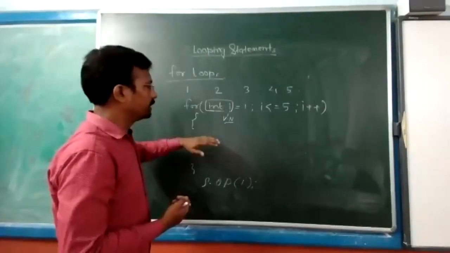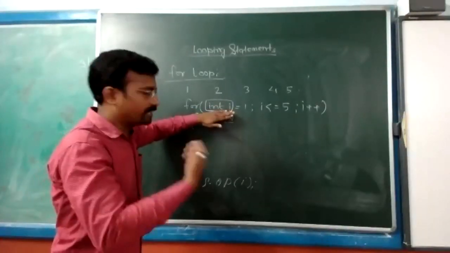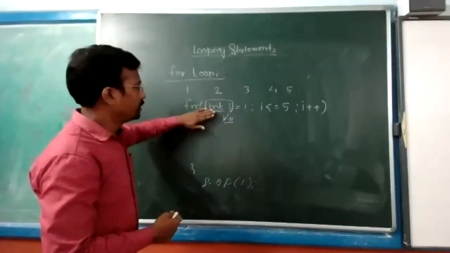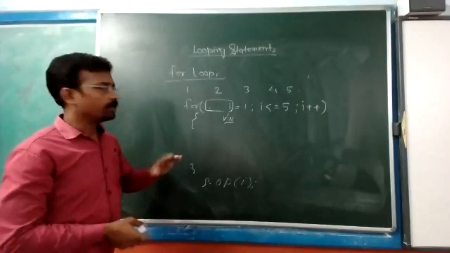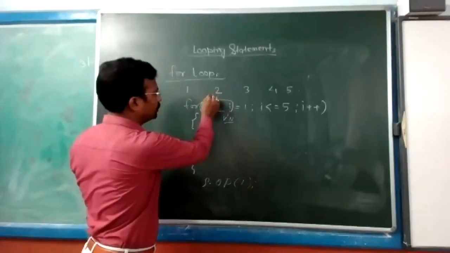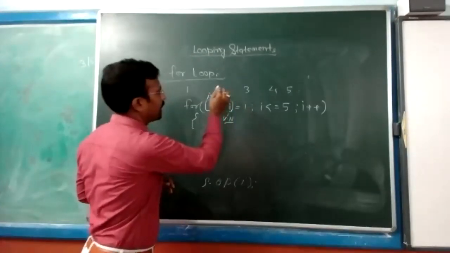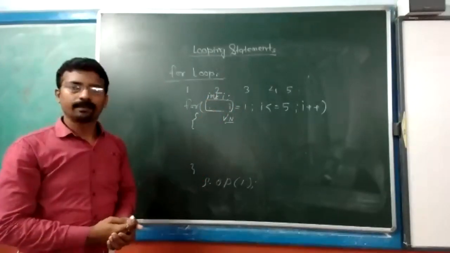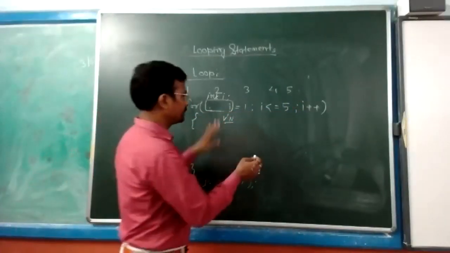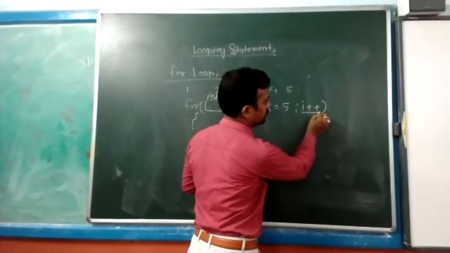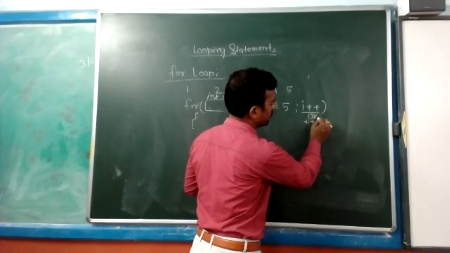So what to do here? If you want to get rid of this problem, what will you do? You will not write it like this. Before the for loop, you will declare this variable as I. Then you will initialize it. Second option: this is the statement where you can also use plus I.